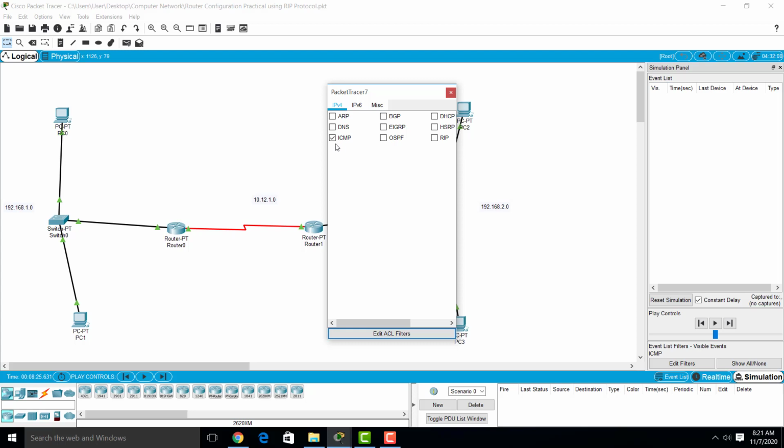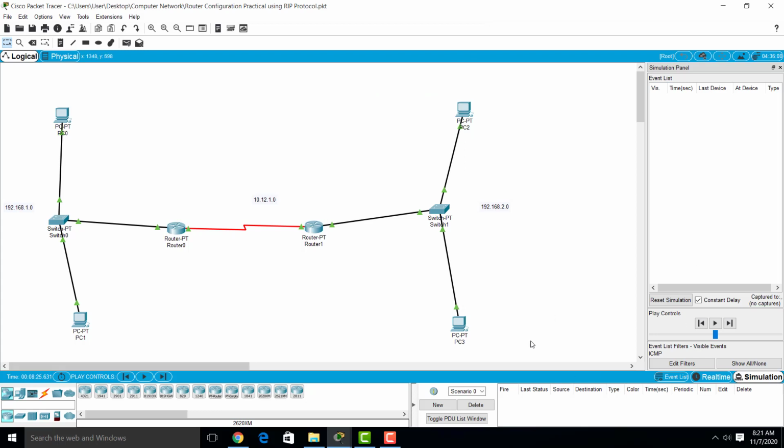That's why we will click on the ICMP protocol, and all other protocols are disabled. We will do one thing. We have to take a simple message and send it from PC3 to PC1.